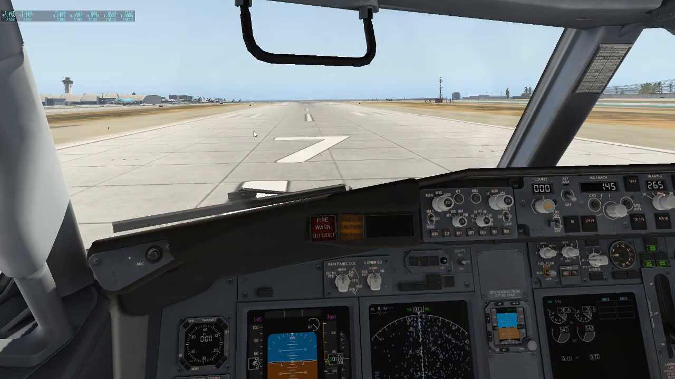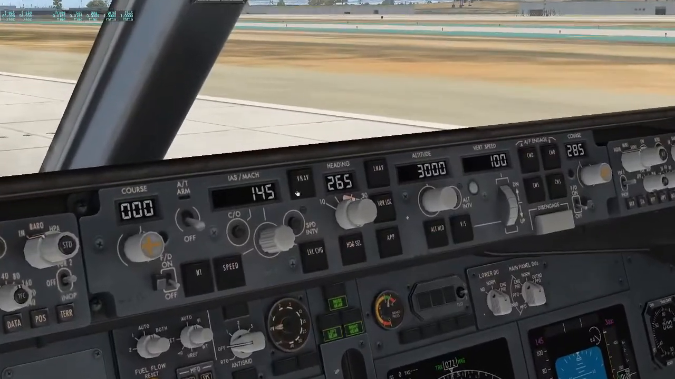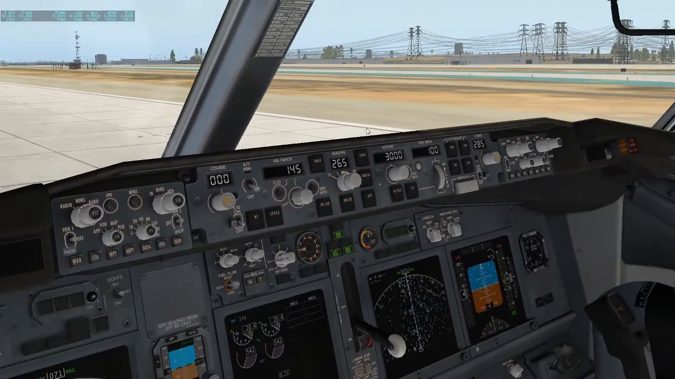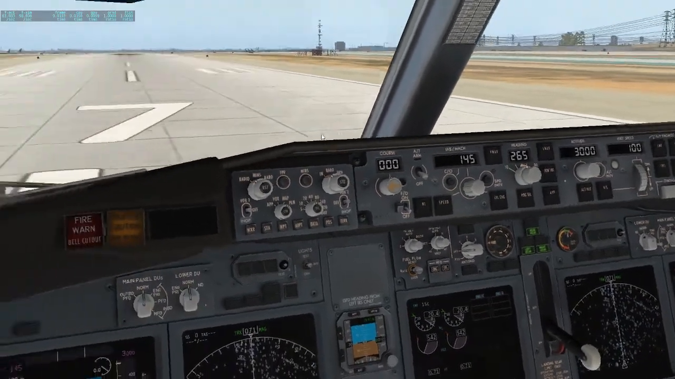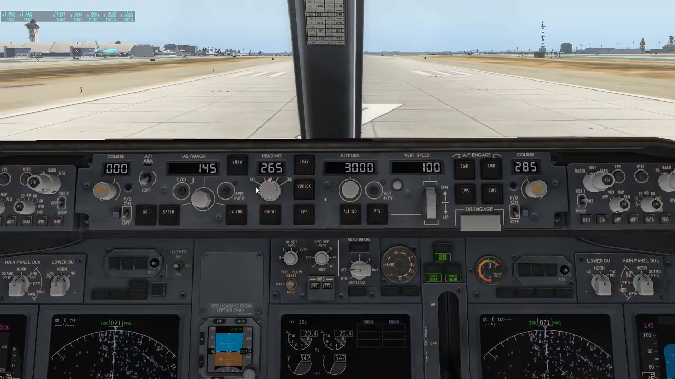Hey guys, today I'm going to be showing you how to use the autopilot on X-Plane 11 on the default 737-800. Now, the autopilot for this plane is actually very easy. So this is basically your autopilot panel. It may seem confusing at first, but it's really easy to use. So I'm just going to move over to the side right now. There we go. So I'm going to be taking off, but before I take off, I'm going to be showing